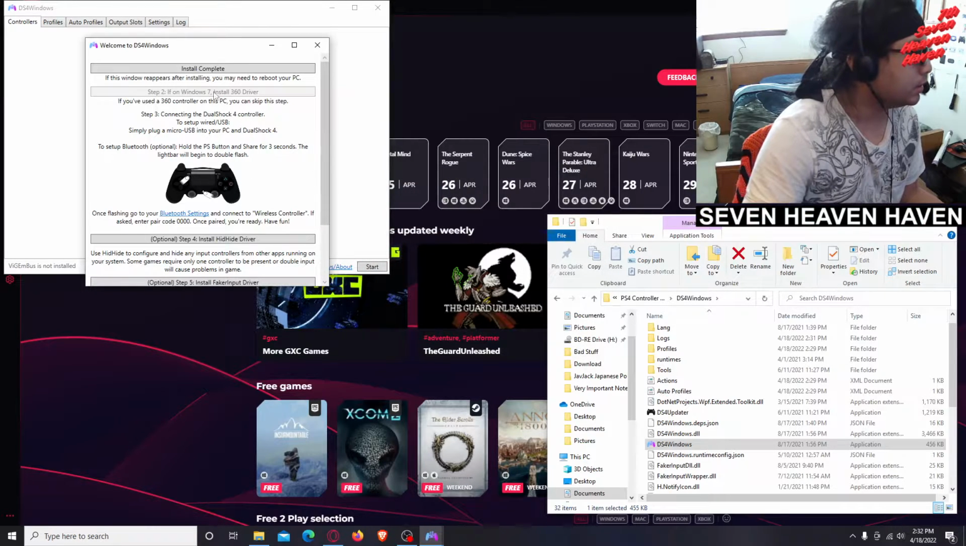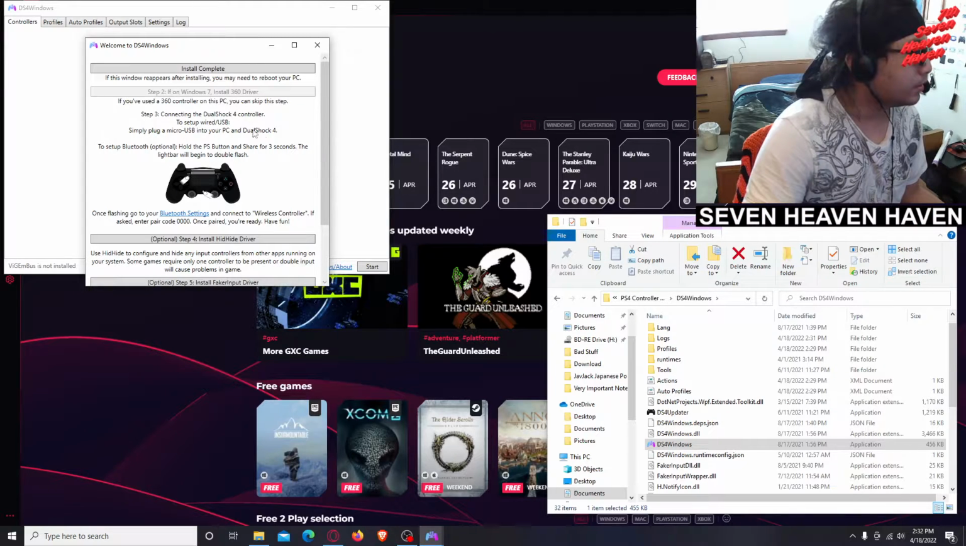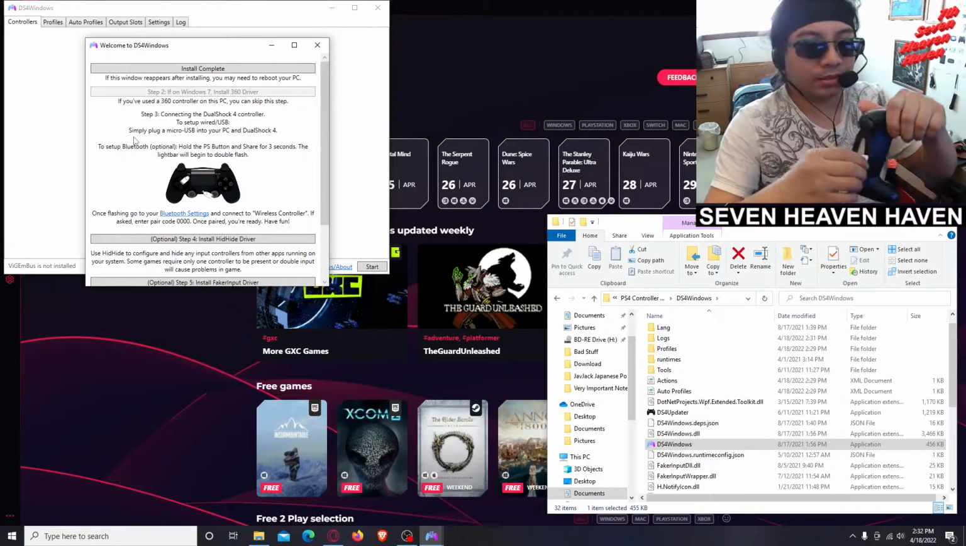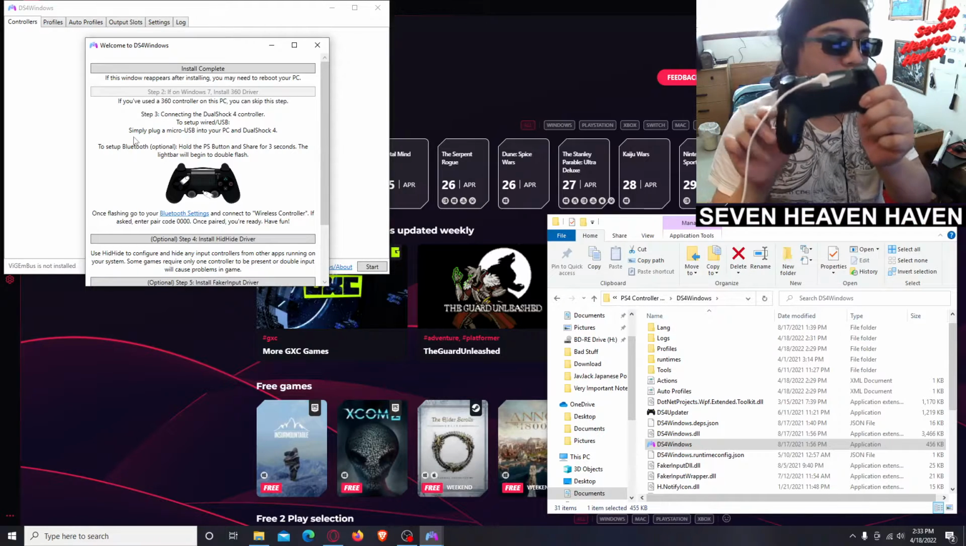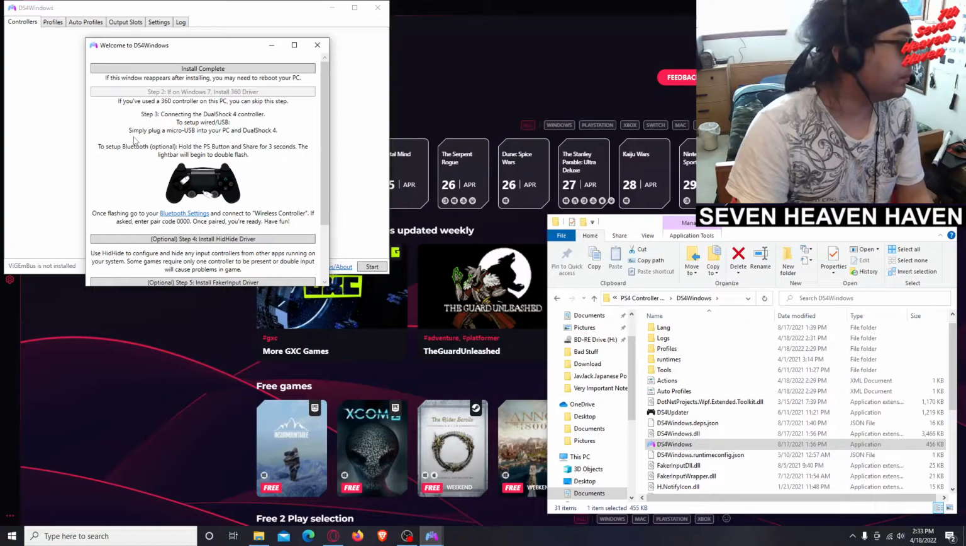Click finish. Install complete. So step 2 is basically, if you're on Windows 7, you install the 360 driver. If you've used a 360 controller on this PC, you can skip this step. I already had other controllers for that. And then step 3, connecting the DualShock 4 controller to set up wired USB. Simply plug your USB into your PC. So I already did that. See, or plug your thing. Okay, it's plugged. So the next step is,